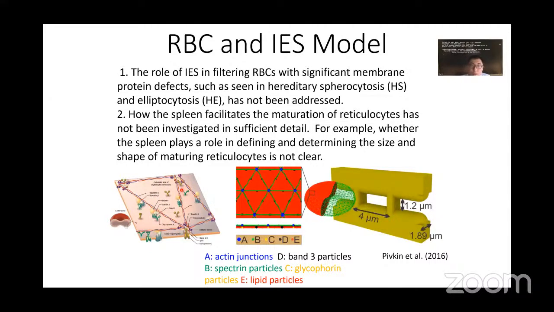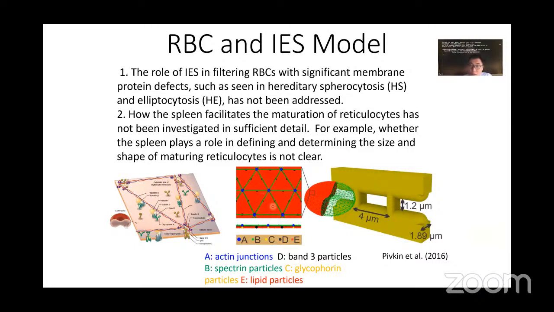And actually, the cytoskeleton is responsible for the mechanical property of the red cell. And also, the lipid bilayer is responsible for the viscous property of the red cell membrane. So to simulate the red cell membrane, we use the OpenRBC model, where we simulate both the lipid bilayer and the cytoskeleton